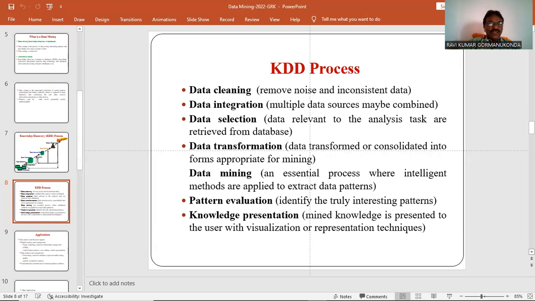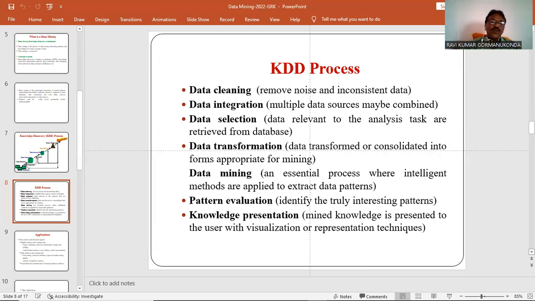If the pattern fulfills the metrics within a certain range of values, it may be interesting; otherwise it is not interesting. So the discovered pattern must be evaluated, applying some metrics, to see whether it is worthwhile or interesting. For example, association rules use support and confidence metrics for evaluating the pattern.